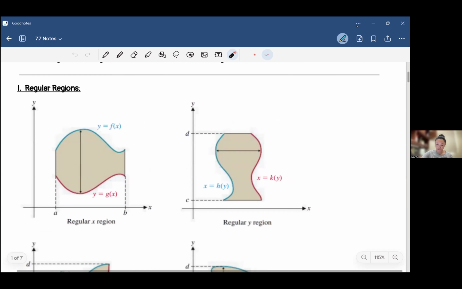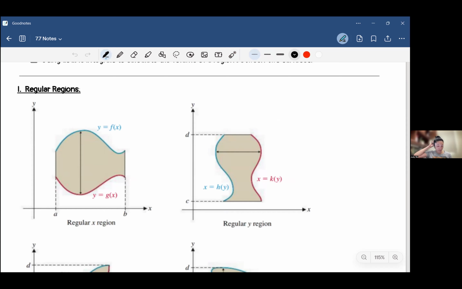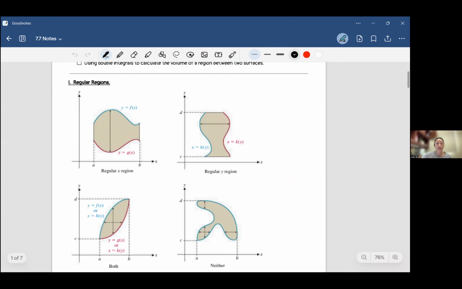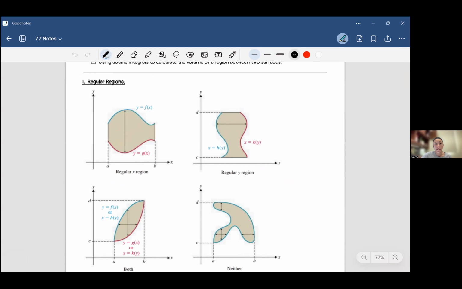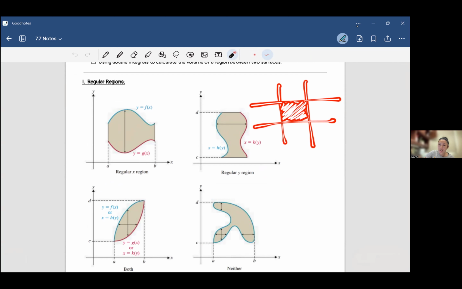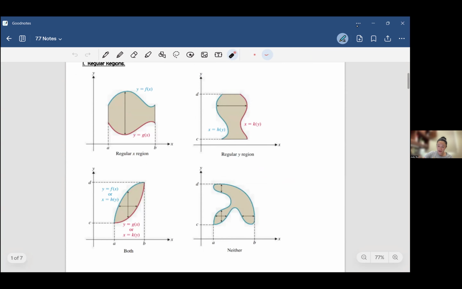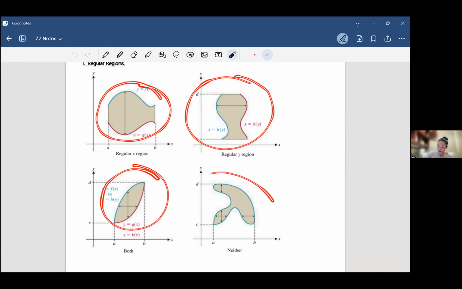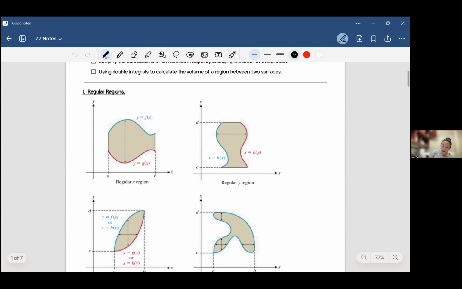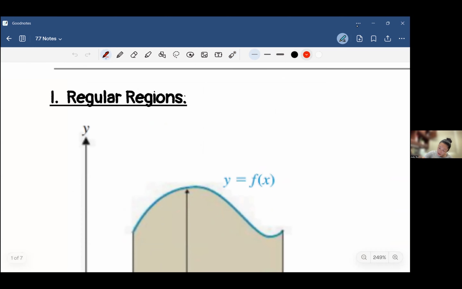All right, so let's get started with our regular regions over here. Last time we met, we talked a lot about something called rectangular regions. And when we said rectangular regions, we meant that we had two x values, two y values, and then on the inside of those x and y values was a rectangle, okay? But you'll notice that the four shapes that we see here are non-rectangular shapes, okay? And so when we say regular regions, what we mean is